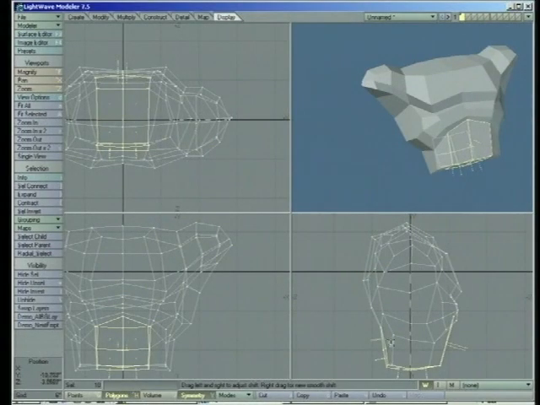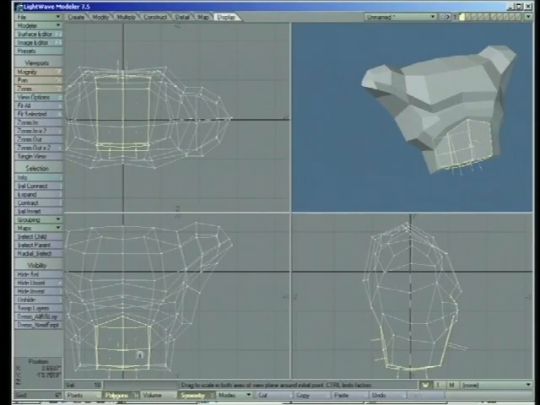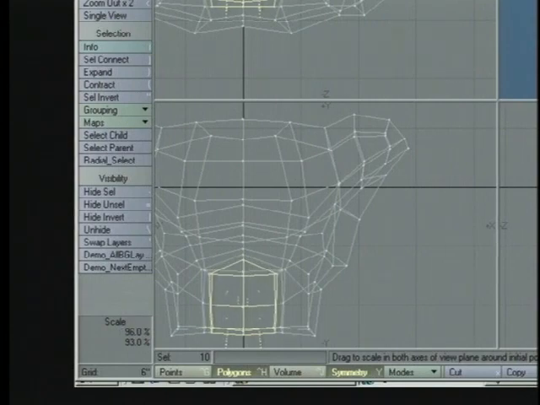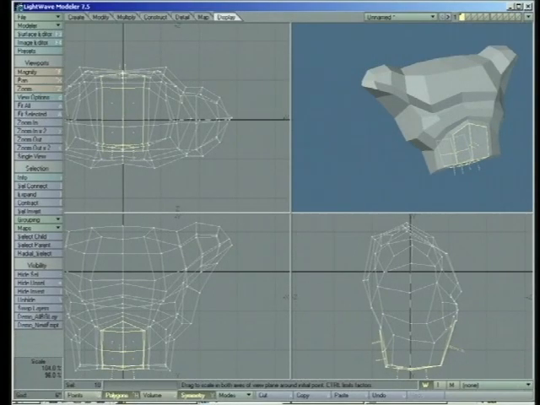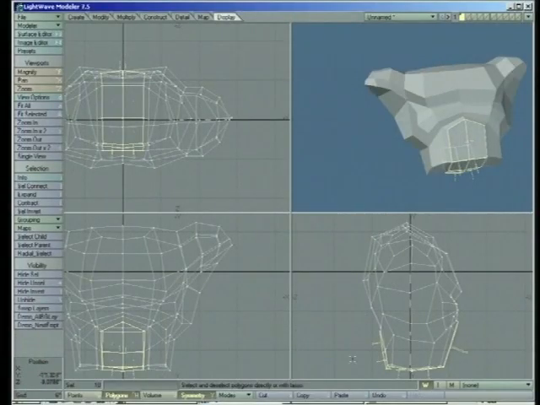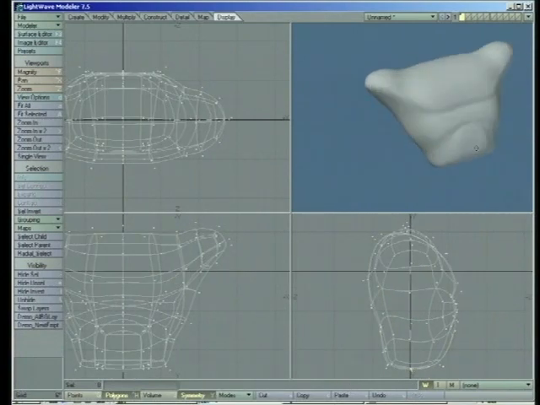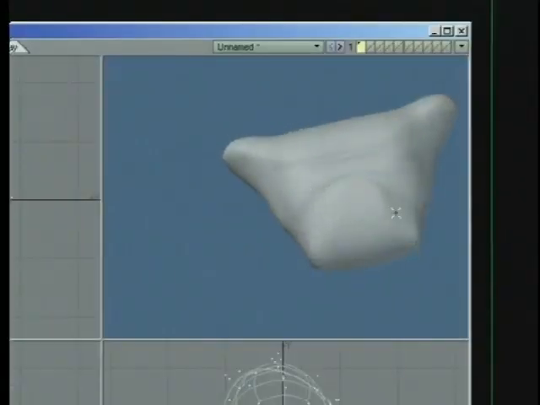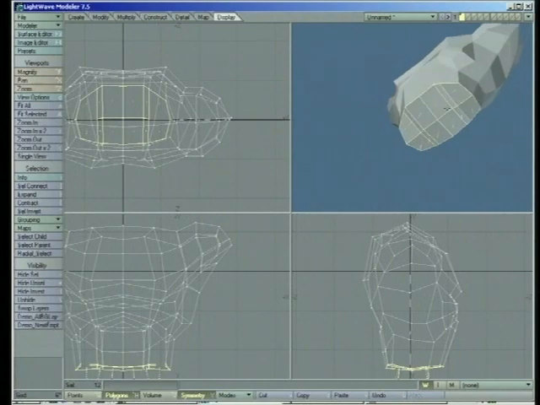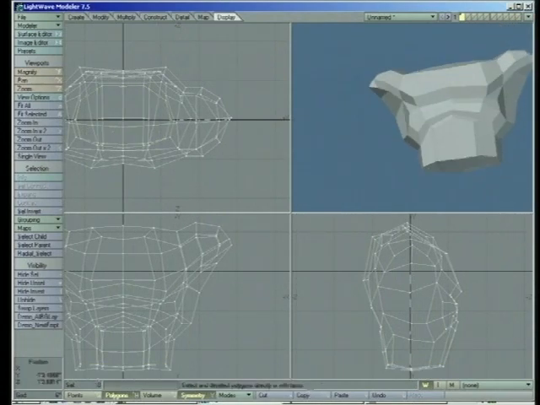So Shift F and right click once, and then H for the stretch tool. Start in the front view here, stretch them in a little bit, and in the side view, stretch them out a little bit. And then we're going to manipulate the points a bit. So it started to give me that shape there that I was looking for. And it also gives me a little bit more polygons down below for when I go to create the leg section. So let's go ahead and drag some points around